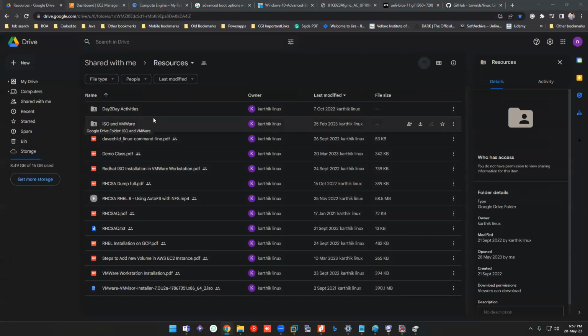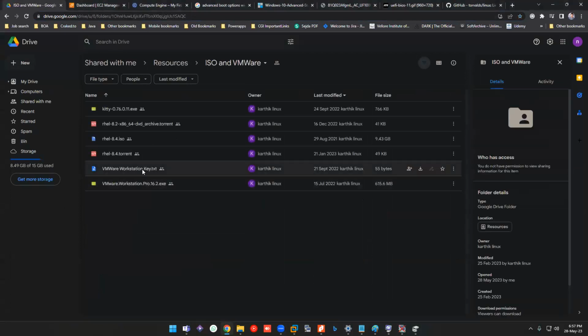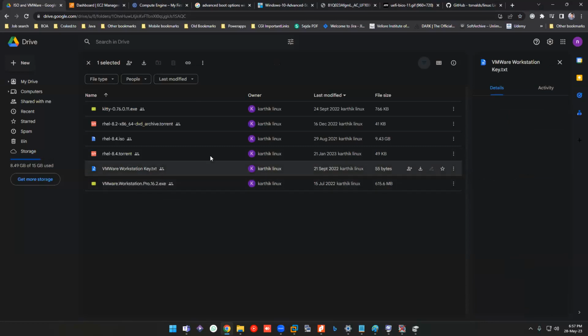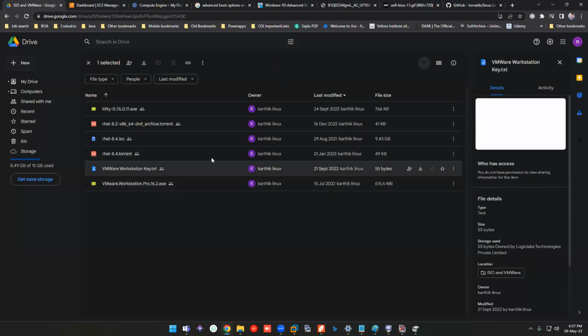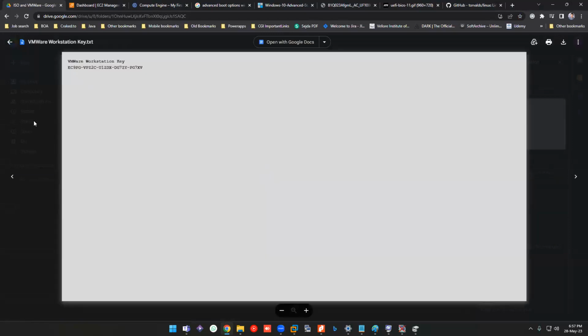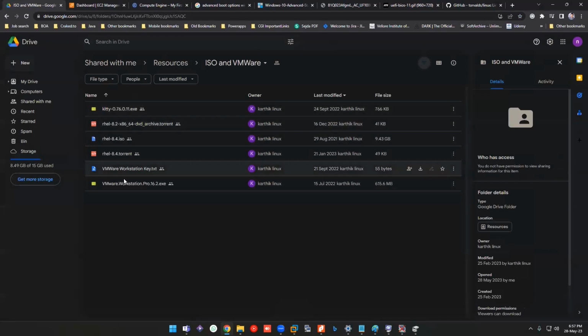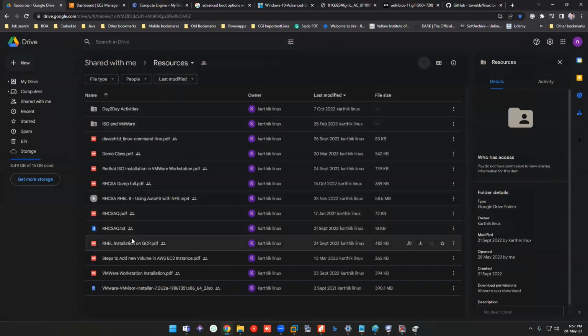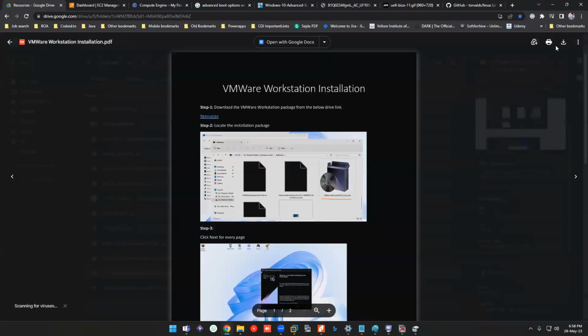Let's go to this ISO and VMware folder. Let's say you downloaded this. This is your VMware Workstation, and it is a licensed one, by the way. If you download from the official site, the evaluation version is 60 days, I guess. I even provided the key for it, so with this key you will have lifetime access. Please do use the key, which is provided with the file. Once you have downloaded that, you will have the option. Let me just open this.